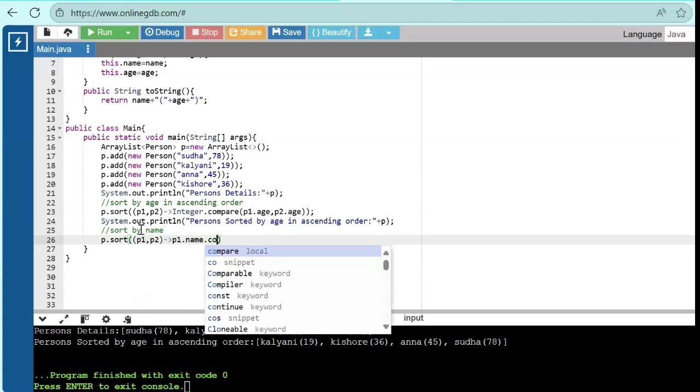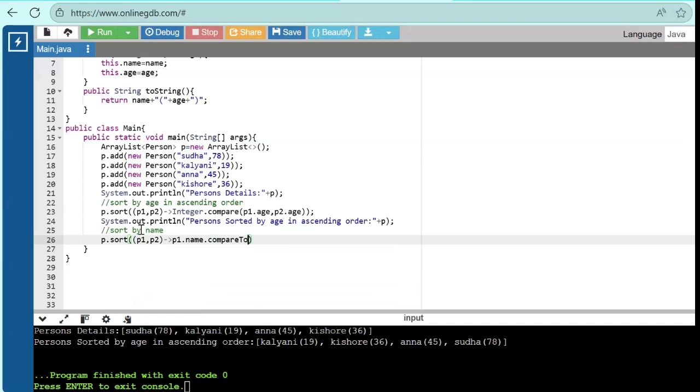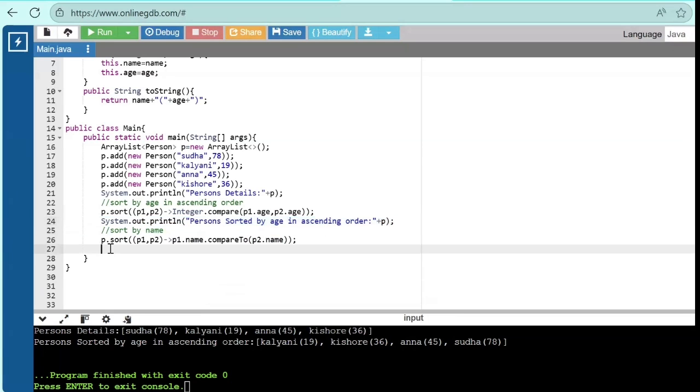Once the sort is complete, we print the sorted list again. Now the order is from the youngest to the oldest based on the age field. Now we also sort the list again, this time by the name, so alphabetically we want to arrange it. So here the lambda p1, p2 implies